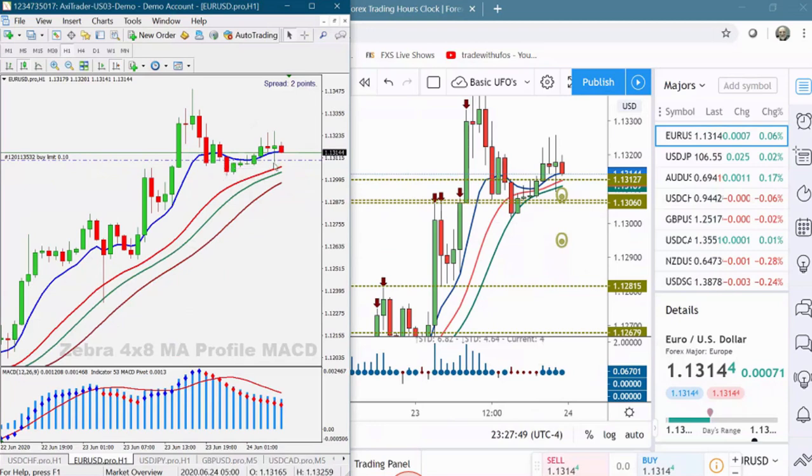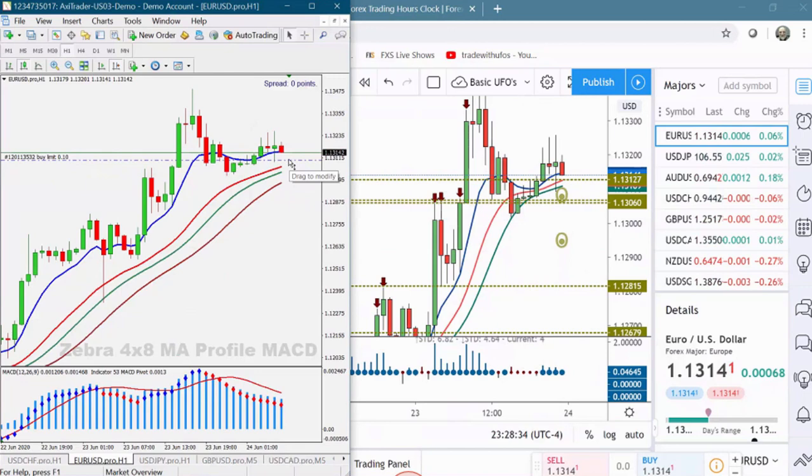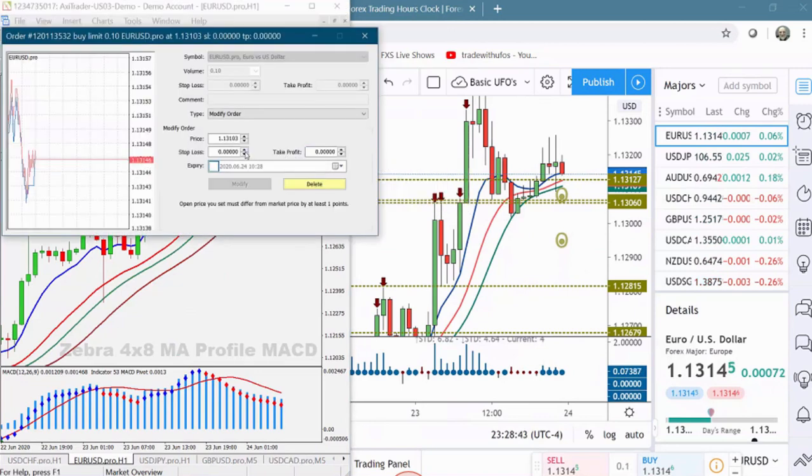All right, so there is my limit buy, right? So I've got a limit buy here at 1.3127. Where is my stop? Okay, my stop. I know my stop is at the pivot down here, right? At the pivot, or below the zone here, but we've got 2 zones very close. So I'm going to take the pivot, and that's at 1.3026, right? So what I'm going to do is go here and modify, right? Modify, and put my stop down at 1.3026,